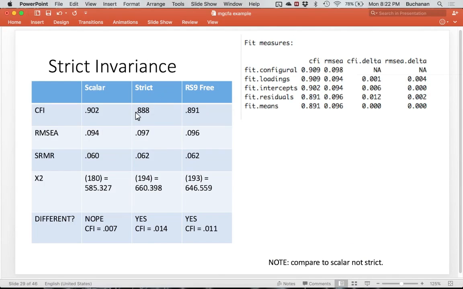So with the RS9 free, I included my previous one. One bad thing is that it deletes the previous step, so I don't like that so much. But if I look, I had 0.888. I came up to 0.891. So I got 0.003 back. So that's what that number means in the partial invariance